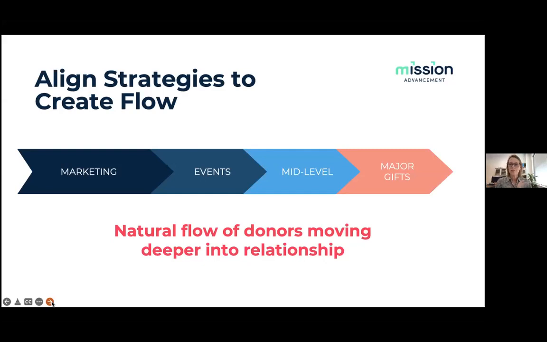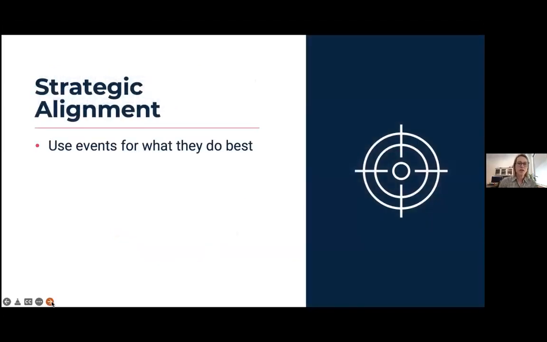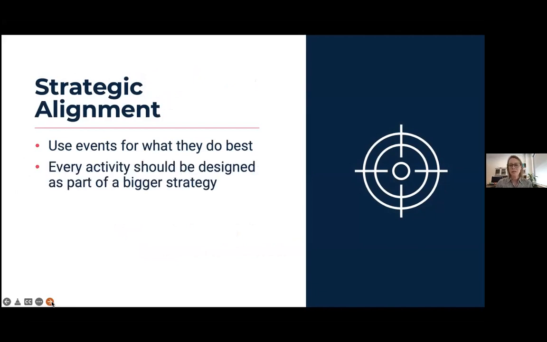So this is the strategic flow that we like to look at in the healthy development operation, that all of your strategies are somehow aligned to feed other pieces of your development plan. So that strategic alignment, just to summarize, is using those events or other campaigns really for what they do best, making sure that everything is designed as part of a bigger strategy, and always stay mission focused in what you do. Don't get caught up in gimmicks or fads that disguise your mission, but make sure everything you do is really serving the interests of the donor and bringing them closer to your